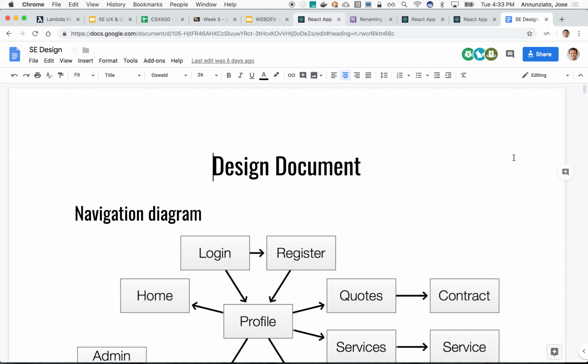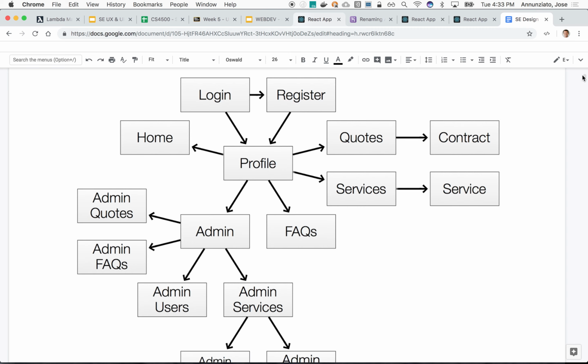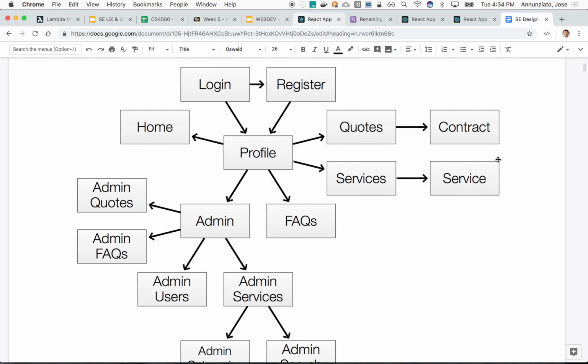All right, I believe I've already shared with you these navigation diagrams in a previous lecture. Have I? I believe so. No. Right. This is the overall